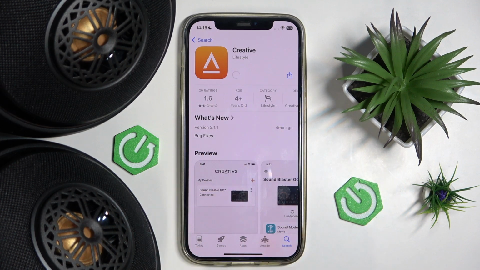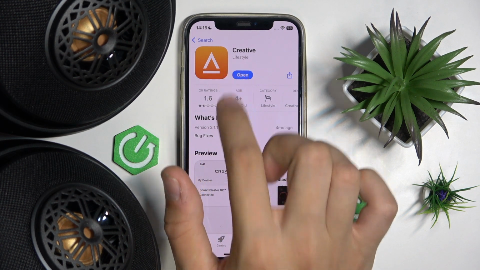Here you'll have the get button. You have to tap this get button and authorize yourself using the Apple ID password or Touch ID or Face ID. Now, once your app is downloaded, we have to tap open